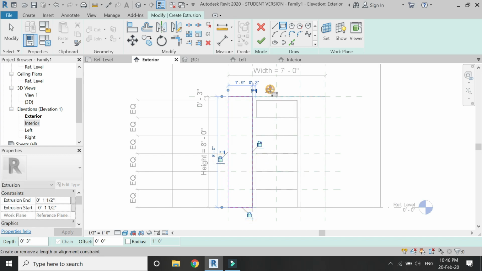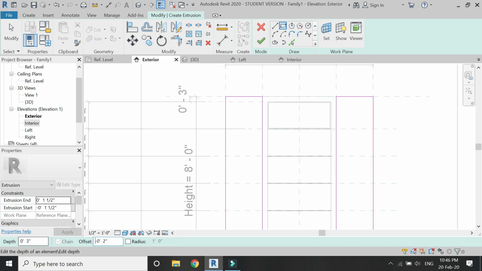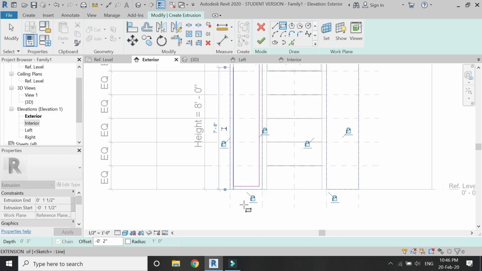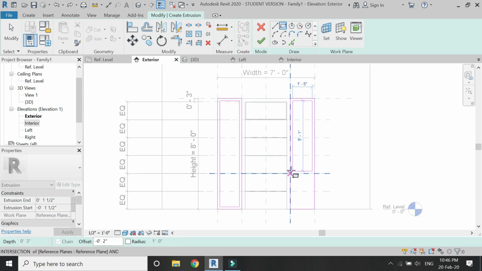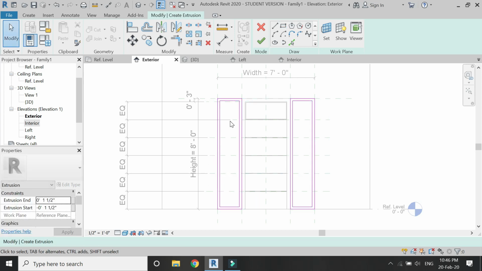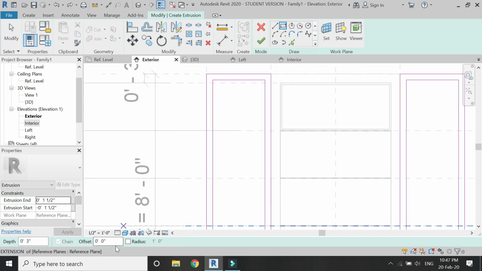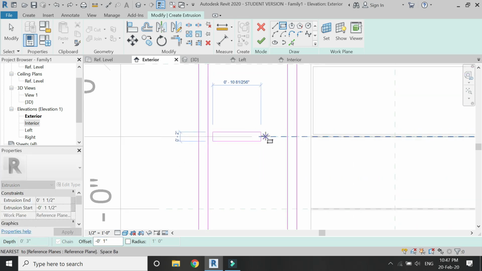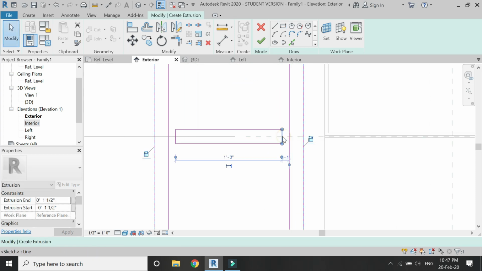this rectangle, lock all the 4 sides, draw the rectangle on this other side as well. Now give it an offset of 2 inches, minus 2 inches, and draw an inner rectangle as well. Now I have added a frame of 2 inches in thickness,